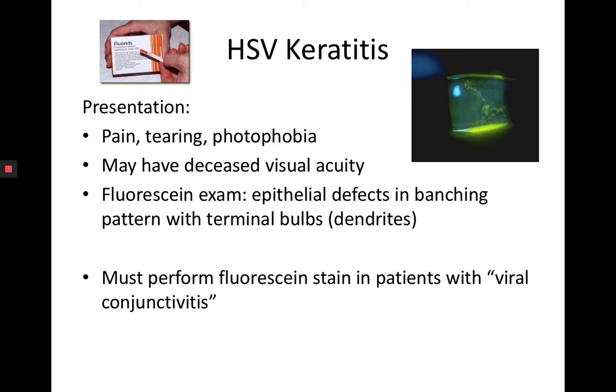This case is the reason why it's so important to perform a full exam of the eye in patients who come in even with something as simple as viral conjunctivitis, because it could be something else. And so it's important to obtain all the vital signs of the eye and to perform fluorescein staining. So in this case, the patients will present with pain, tearing, photophobia, and will have decreased visual acuity. And on fluorescein stain, you see these epithelial defects with branching